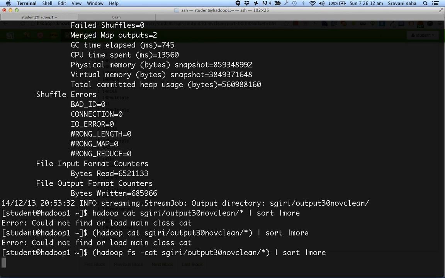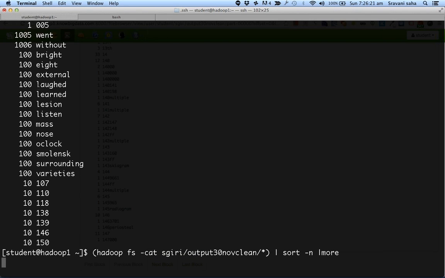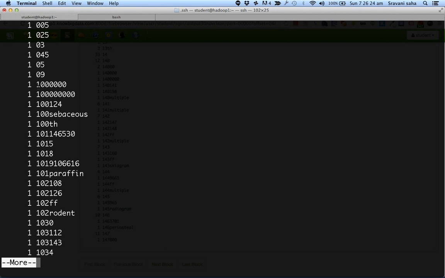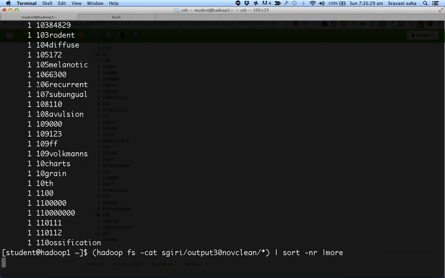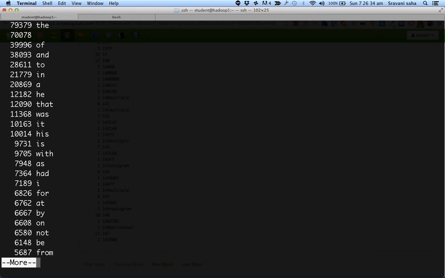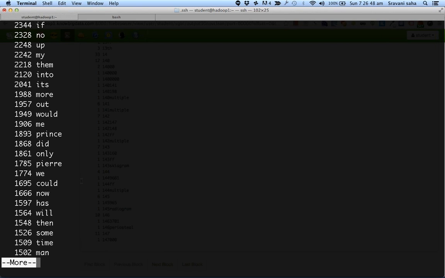So whatever output I get from this, we need to change it to -n. And so it's the word "the" which is the most popular, then "of", then "and", then "to", then "in", and so on. And in this you can see that